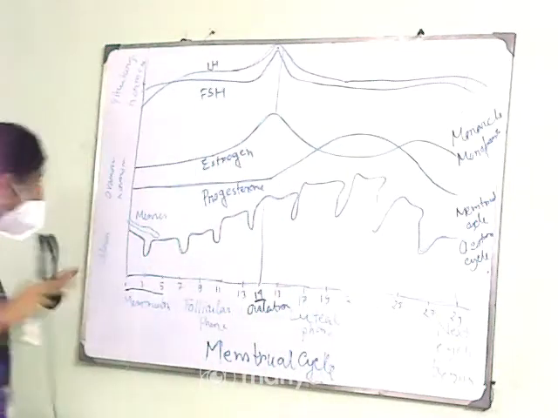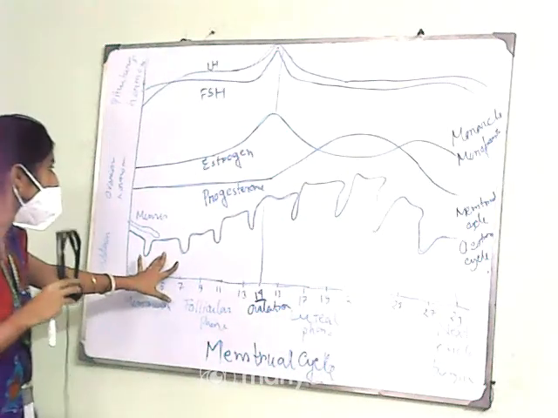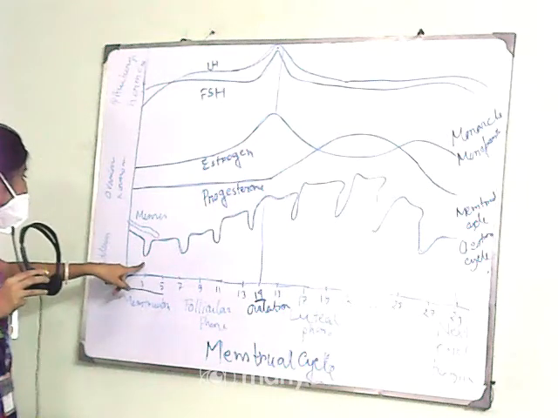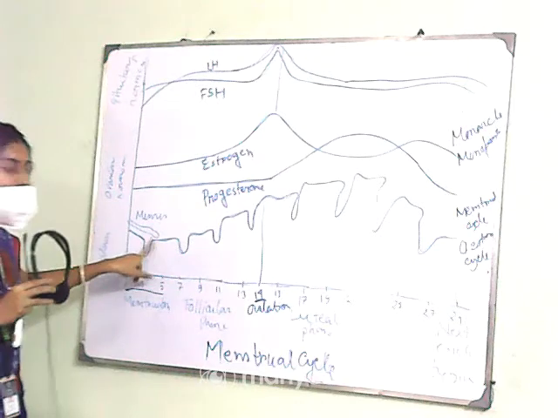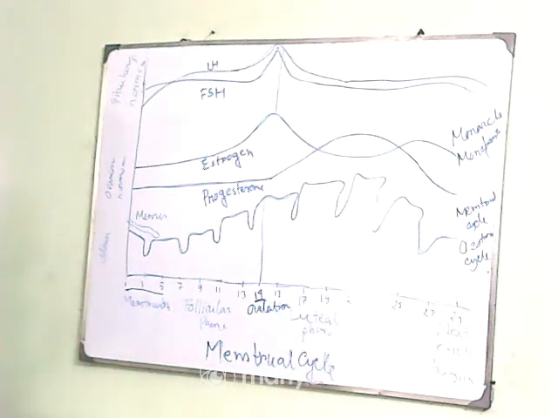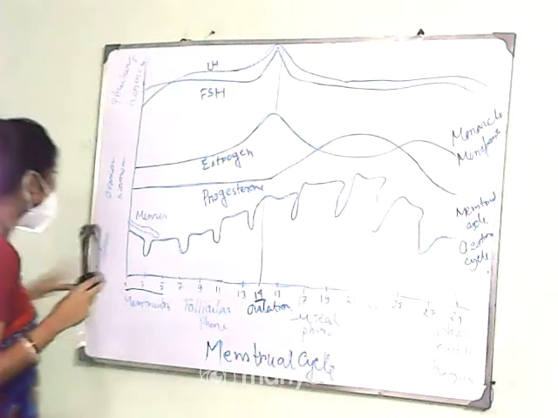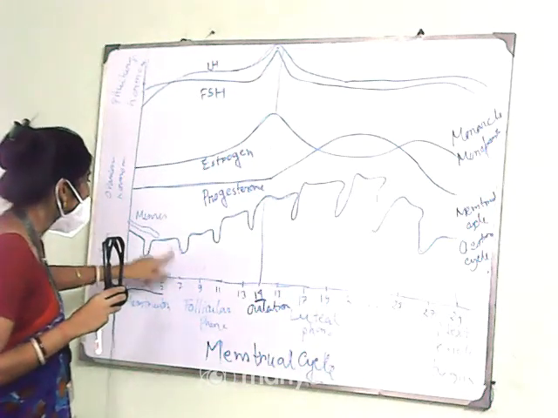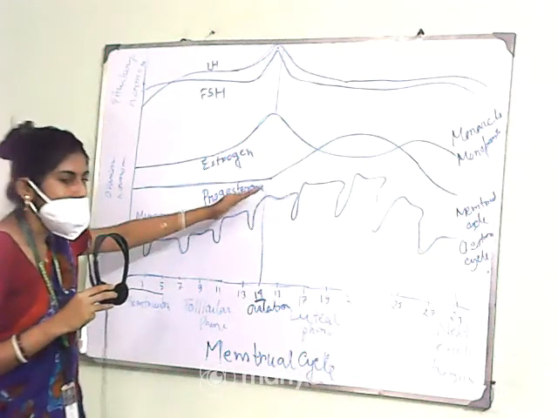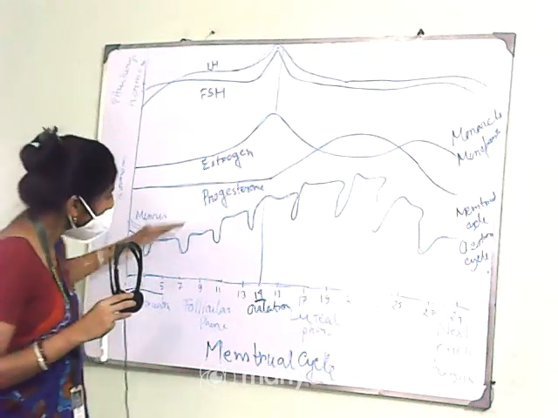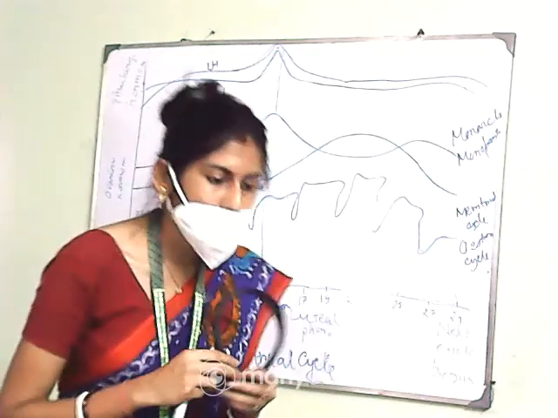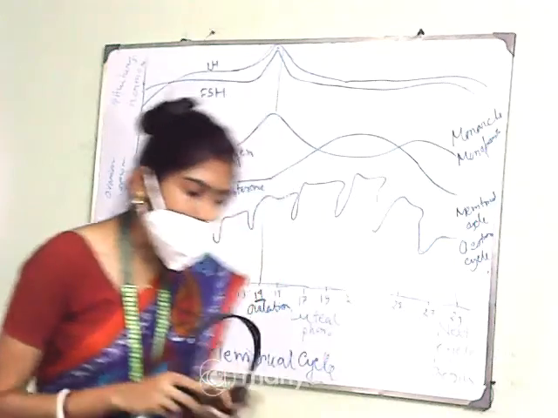So if you can check this from the diagram also. In the menstrual phase, the lining of the endometrium is quite broken down, but in the follicular phase, when from the primary follicles mature Graafian follicles are forming, that time proliferation of the endometrium wall is there. You can see it is regenerating. The endometrium wall is again regenerating. That is why this phase is also considered as proliferative phase.